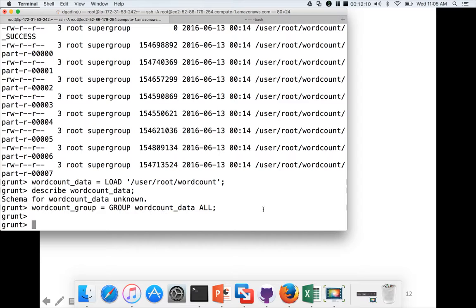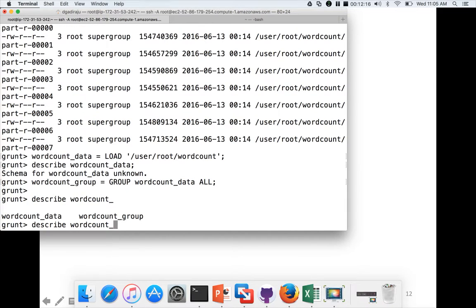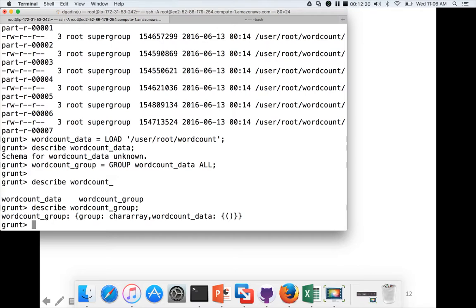Okay, now we can say describe. Again it might say there is no schema for it, but let's see. Yeah, it didn't say that it does not have a schema, because when we use group it will create an implicit schema, and you can see the new data set word_count_group is a tuple. Tuple means a key and value pair.